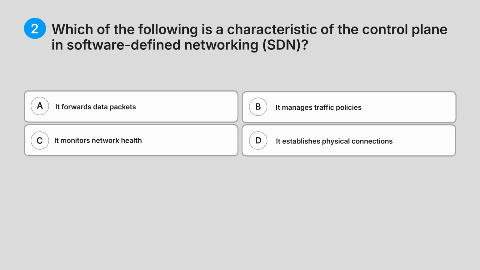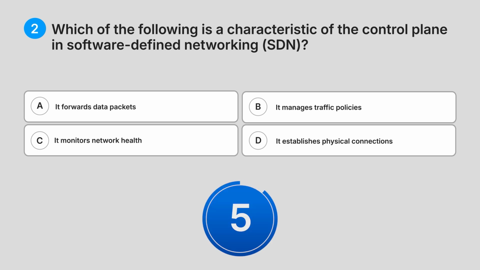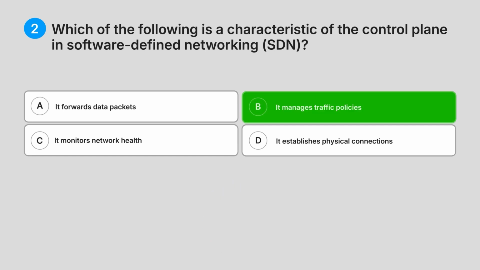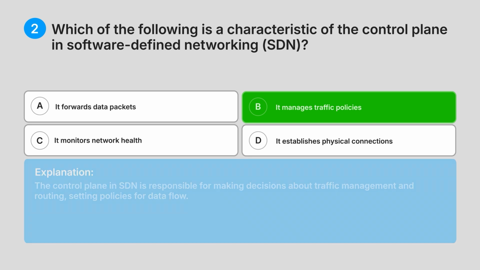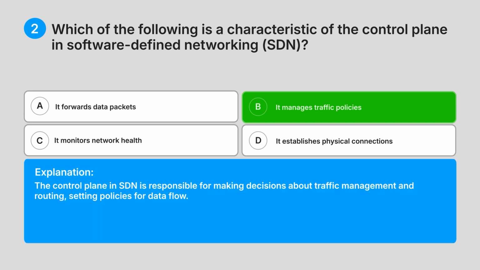2. Which of the following is a characteristic of the control plane in software-defined networking? A. It forwards data packets. B. It manages traffic policies. C. It monitors network health. D. It establishes physical connections. Do you know the answer? Correct answer: B. It manages traffic policies. Explanation: The control plane in SDN is responsible for making decisions about traffic management and routing, setting policies for data